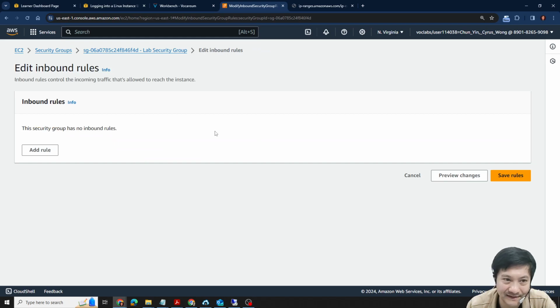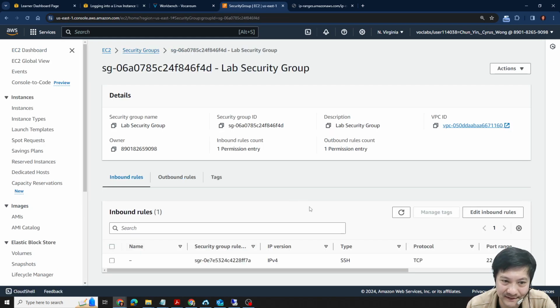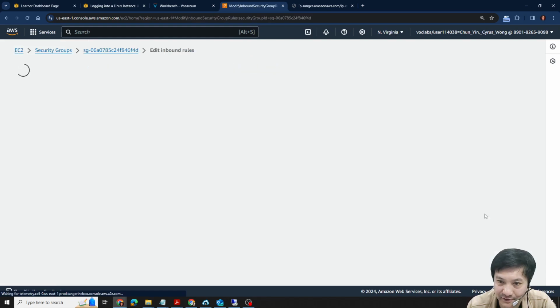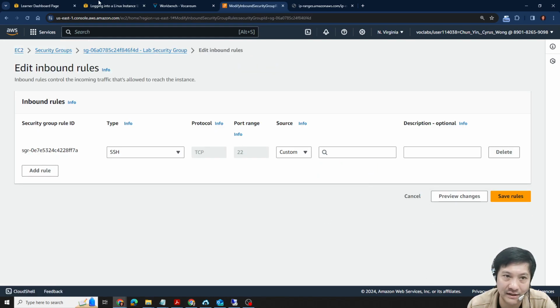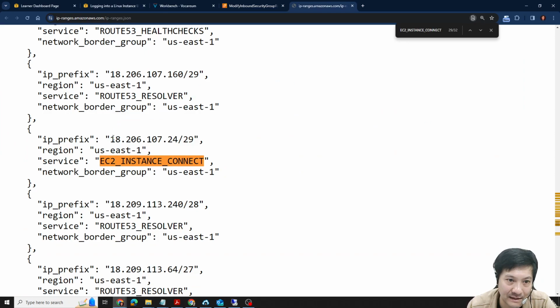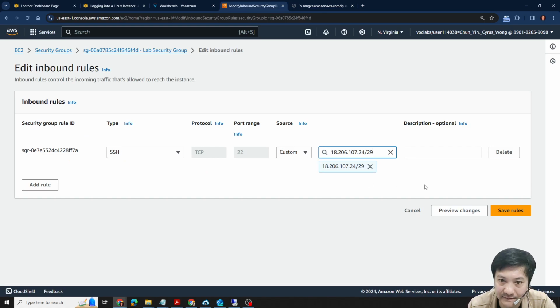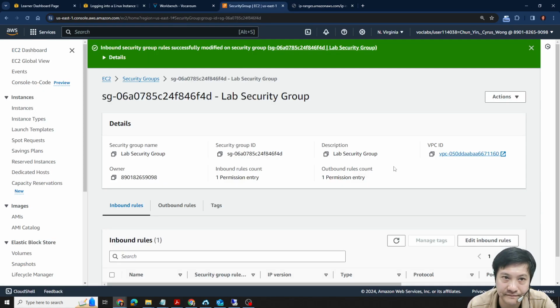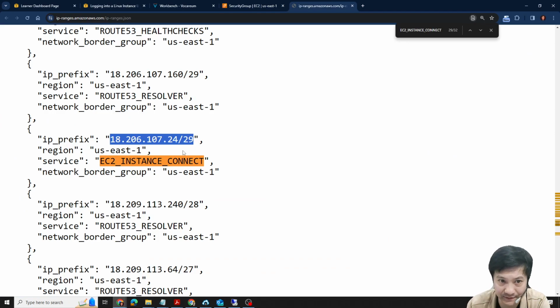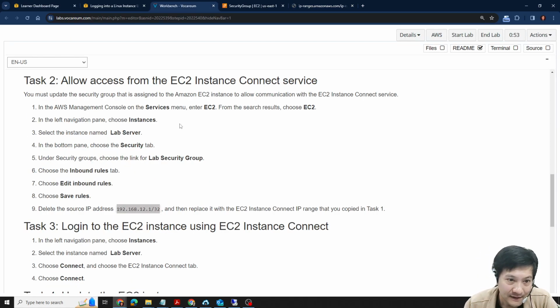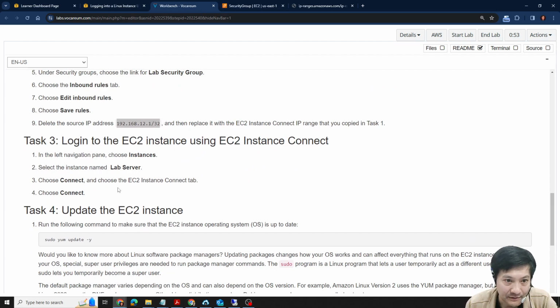Okay, but here and then here, edit the inbound rule and not this IP address. We use the IP address here for the EC2 Instance Connect. Okay, and save the rule. Now you have allowed the IP address of EC2 Instance Connect to connect into your EC2 instance. 咁你而家你變咗你就係放咗俾呢個服務嘅 IP 範圍，即係 EC2 Instance Connect 入去個防火牆啦。